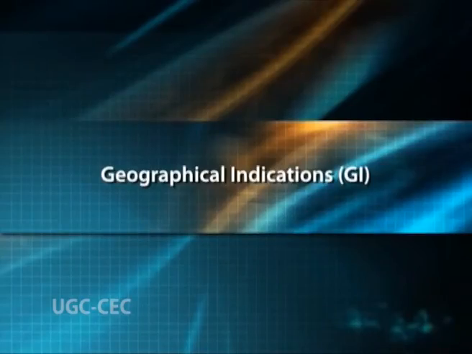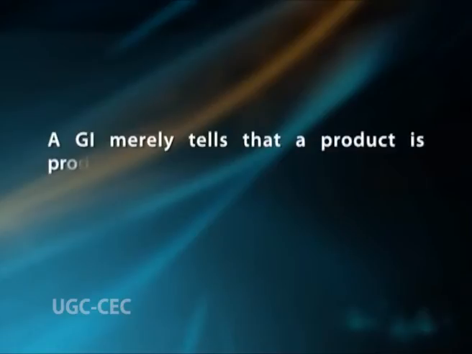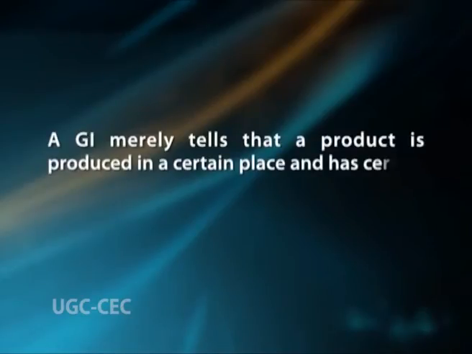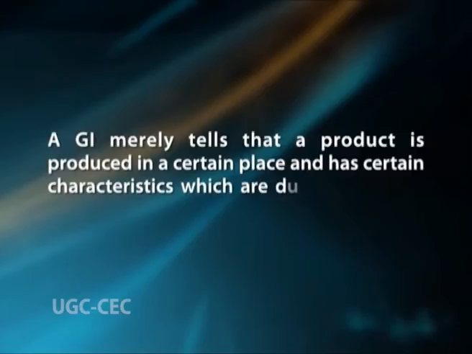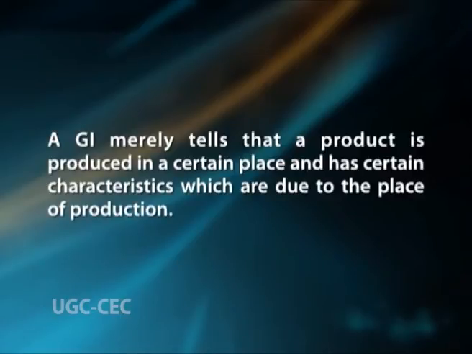Geographical indications. GI. A GI is a sign used on goods that have a specific geographical origin and possess qualities or a reputation that is solely due to the place of origin. A GI is different from a trademark. A GI merely tells that a product is produced in a certain place and has certain characteristics which are due to the place of production. All producers who make their products in a place designated by the GI and share the same qualities can use